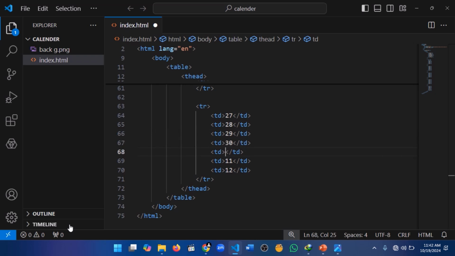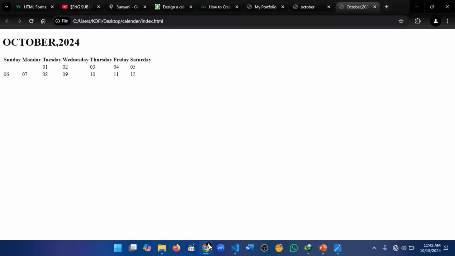October ends in 31, so the last two are going to be empty. Yeah, because October has ended. We are creating for only October. So now let's refresh and see what we have done. Alright, good. So our calendar is